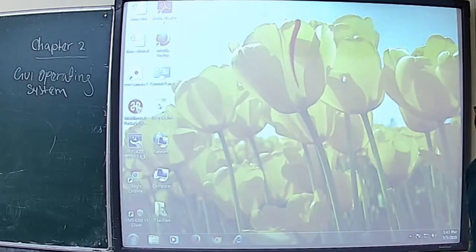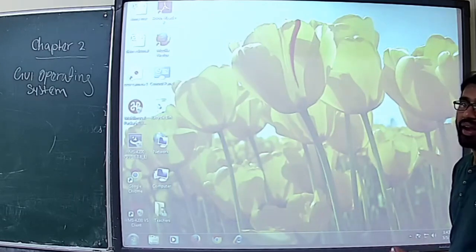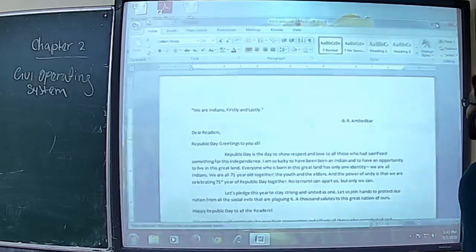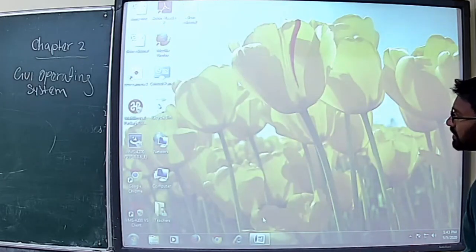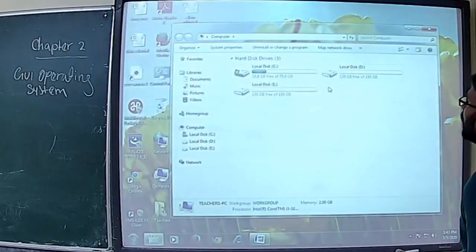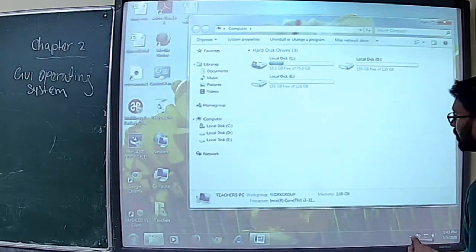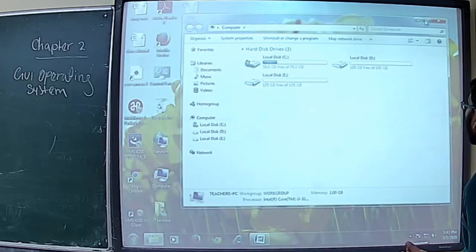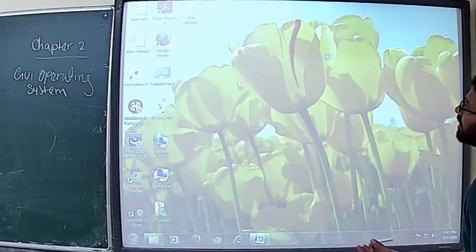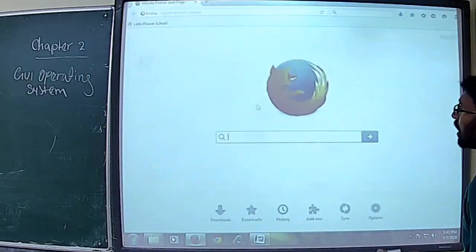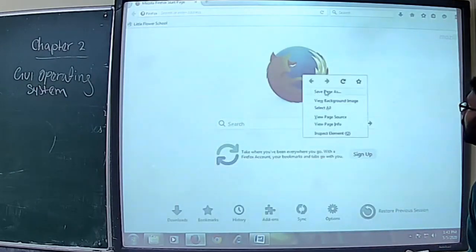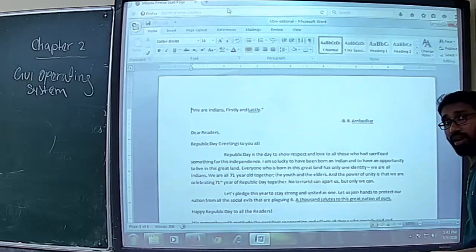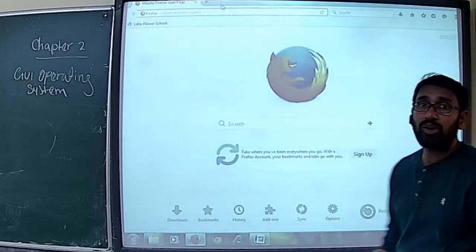Now I will show how to open multiple windows and how to work with them. For example, I again open the document file. In the meantime, I need to save some files. So I minimize it and go to the computer icon. There is another window, a multiple window option. So one window is here. In the meantime, I open another window, and I also minimize that window. I can search the internet using the browser and select the content. For example, this is a picture. I copy that picture, go to the document, and paste it there. So this is the function of multitasking or multiple window working. Clear?